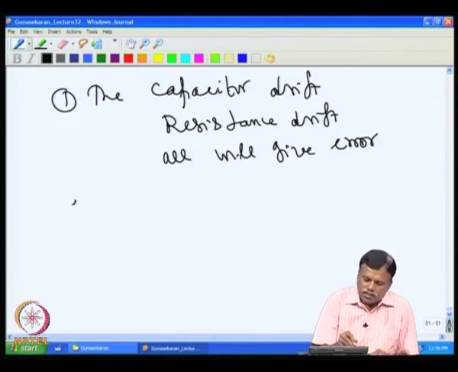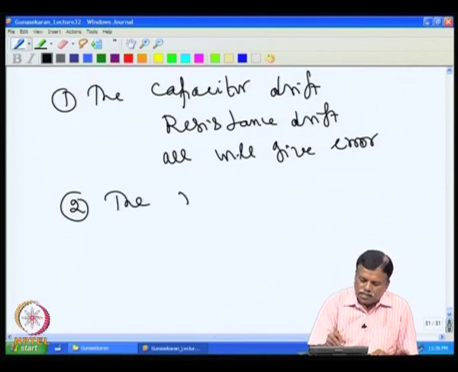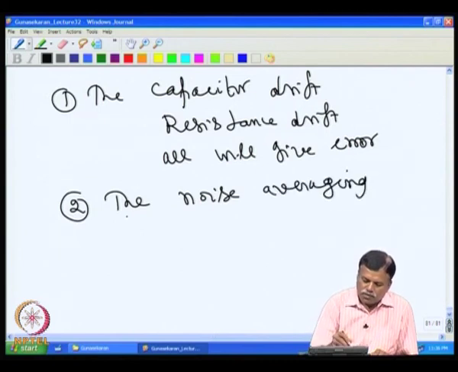The second point is that the noise averaging benefit is available,